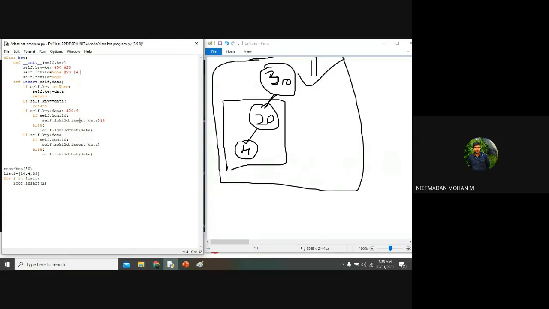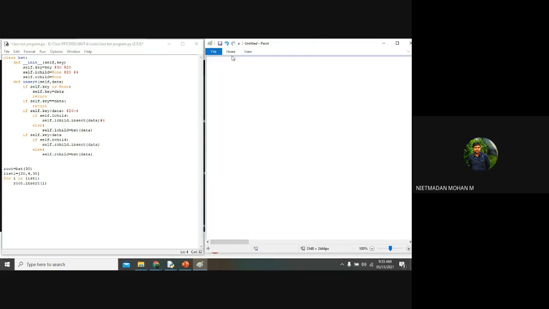Don't get confused. Only one thing we have done, which we already discussed in the theory algorithm part also. First it will consider the root node, and if the value is lesser, it will directly go to the left hand side and insert the element. After that we want to find out whether this root node has any children or not. Yes, now we have children.